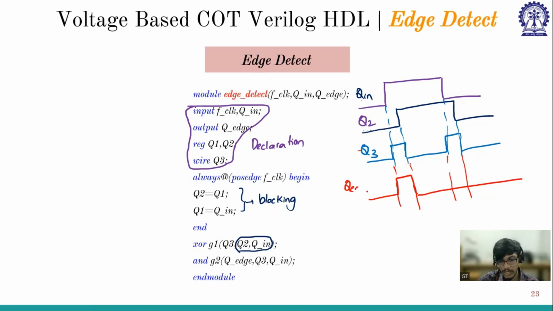If you see from this point to this point, we are getting a single edge, right? So this is an edge detection. This is the edge detection that we are writing in the Verilog code, which will give us the edge at that input. So if I have to write this in a block diagram or in the representation of NOT,